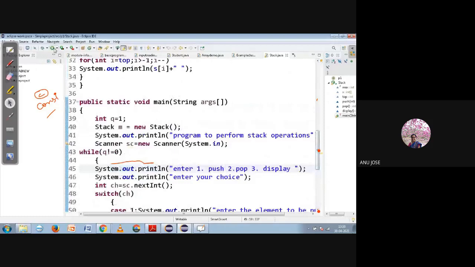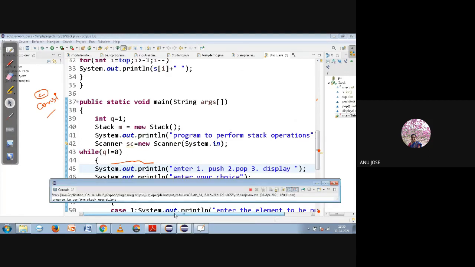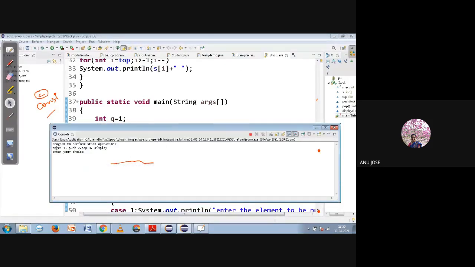Let me run this. You can see the program to perform the stack operation. Enter one for push, pop, display. These are the actions.